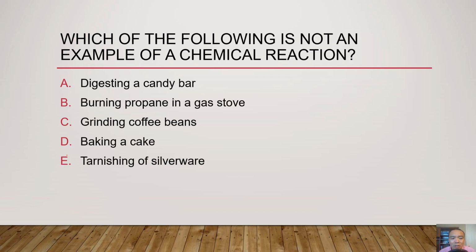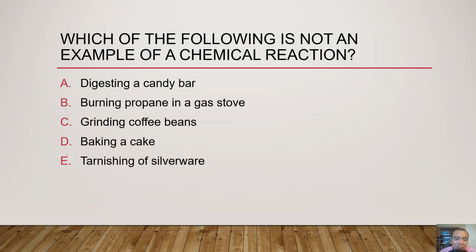Next question. Which of the following is not an example of a chemical reaction? Digesting a candy bar. Digesting a candy bar, we change the candy bar to something else using the digestive system. The candy bar has changed to something else. So this is a chemical change. Burning propane in the gas stove. Burning or combustion is the reaction between the fuel, propane, with oxygen, which generates different substances, carbon dioxide and water